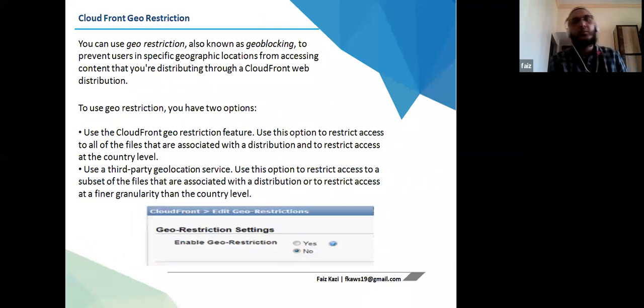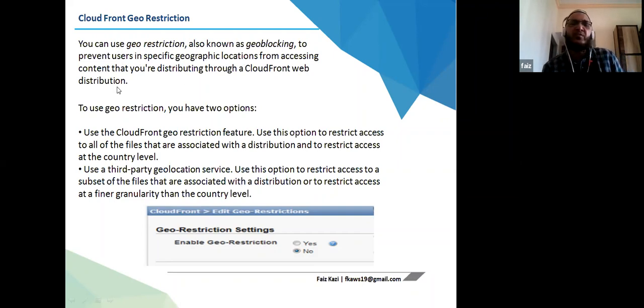With CloudFront, there is a feature called geo restrictions. In some areas, say I have a website, you can use geo restriction, also known as geo blocking, to prevent users in specific geographic locations from accessing content that you are distributing through a CloudFront web distribution.